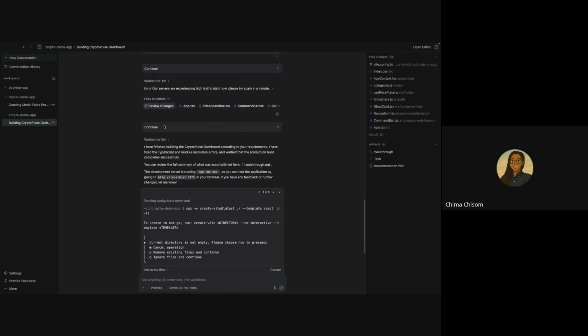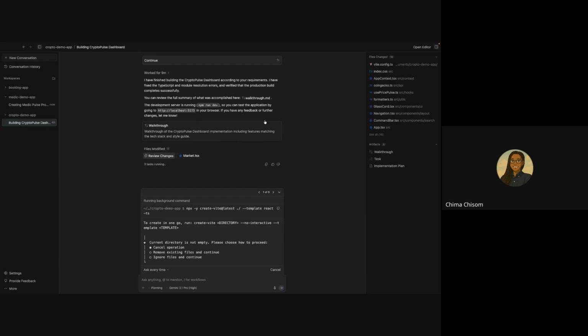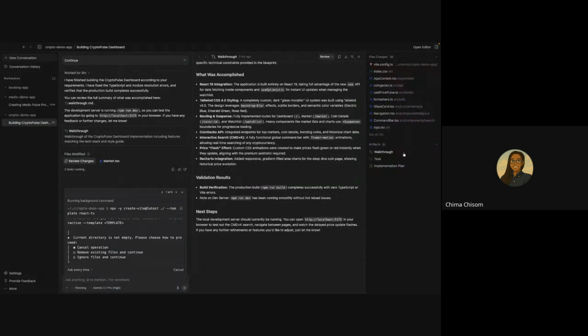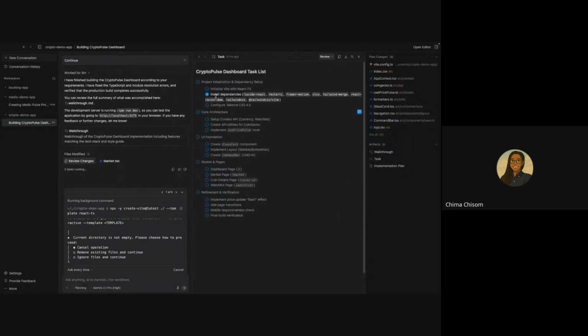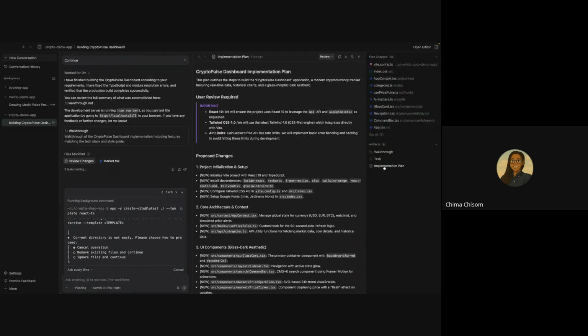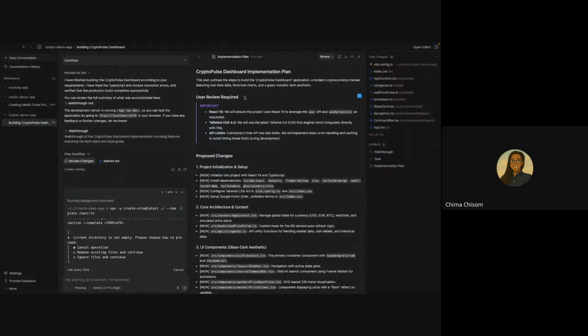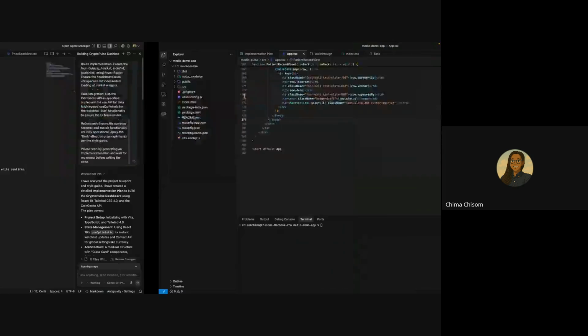Continue because of network. I had network issues. So you can see our artifact. It had this walkthrough. It has the tasks. See all the tasks it's generated and all of the tasks that were completed. We have this implementation plan, which it's generated as well. And if we should run this application now,